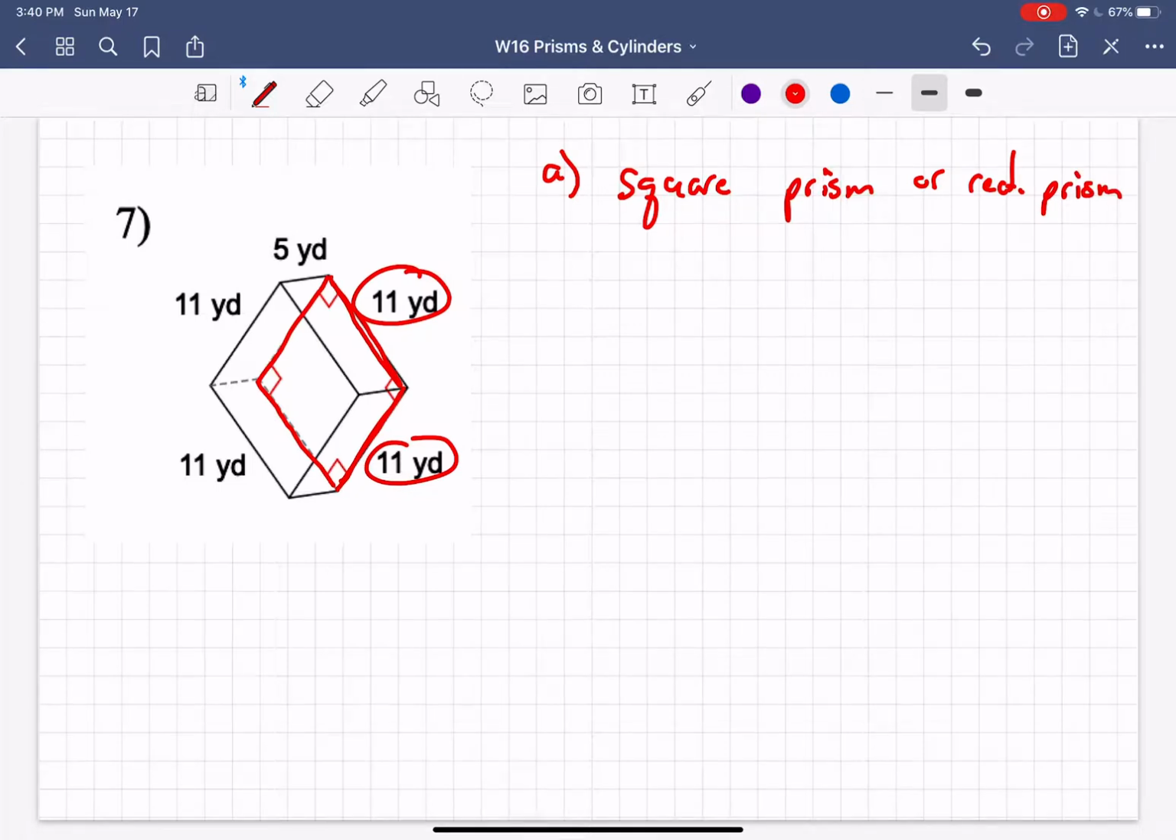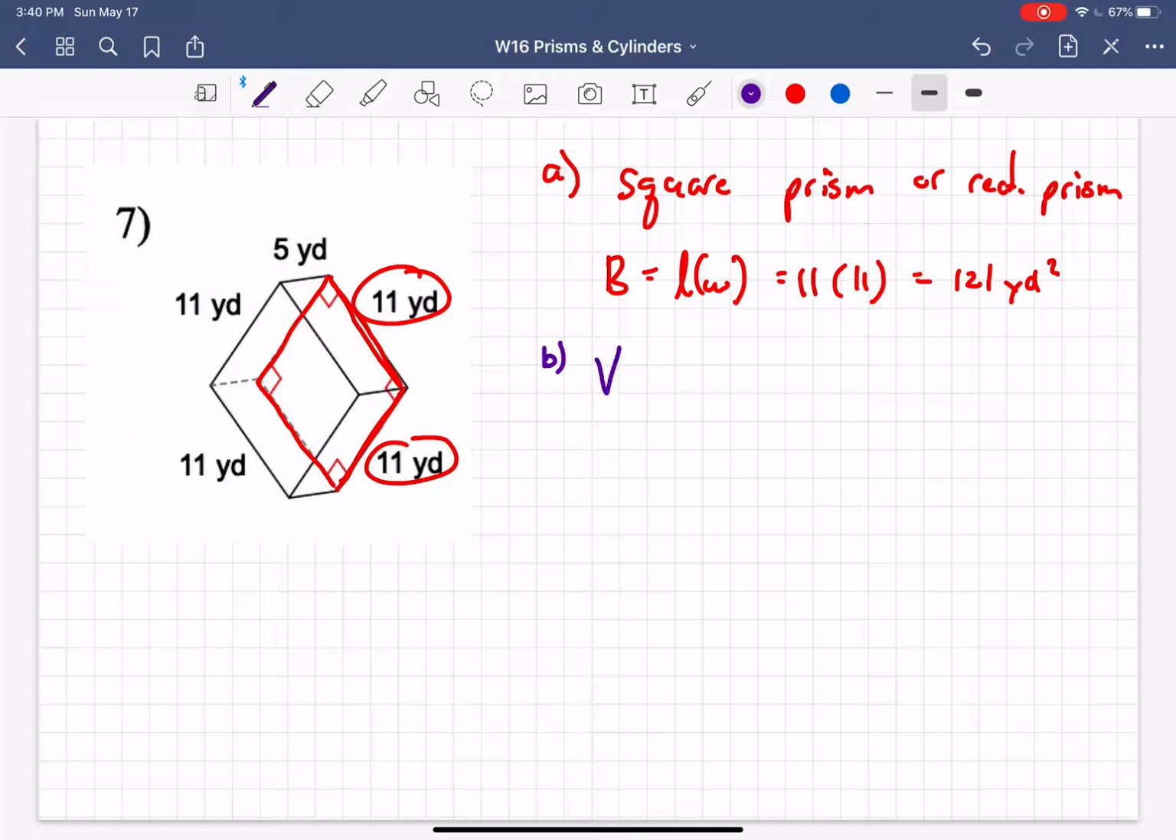So here we would follow the same steps as we did for surface area or lateral area. Here we have the base, which for a rectangle or a square we do length times width, so 11 times 11, so we get 121 square yards. But then when we start to find the volume,